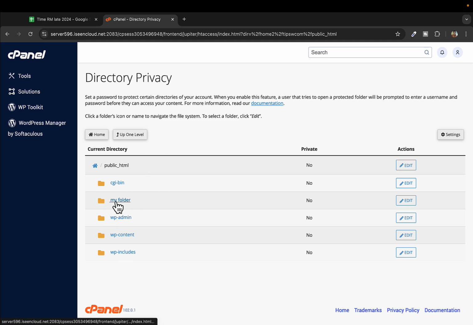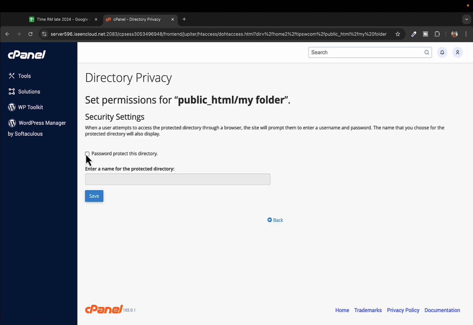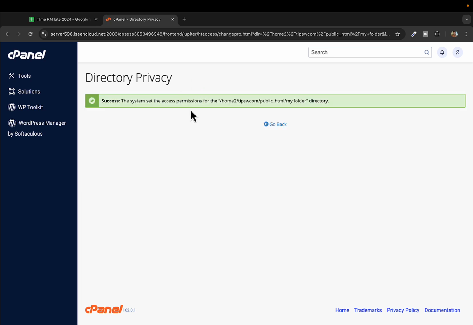So select the directory that you want to set the privacy on, set the username and password, and just click on the Edit button over here, and here make sure to check on this Password protect this directory and click on Save. Now wait until you get this confirmation, click on Go Back,